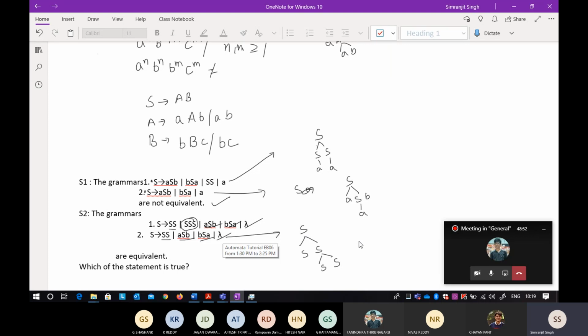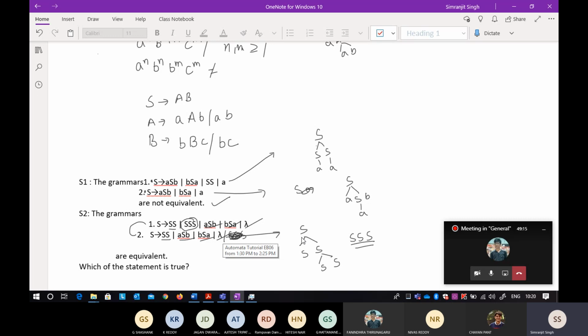Okay, so from this particular second grammar, you can also get 3 S's. If you are able to get 3 S's, it means that this particular part is derivable from this grammar. So I can also include this one in this one. So it is derivable, and you can include this one and say that SSS is also a part of the grammar. So that is why both of these grammars are equivalent.